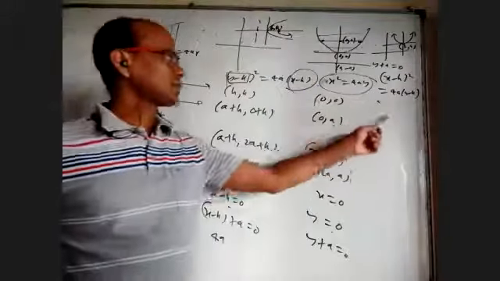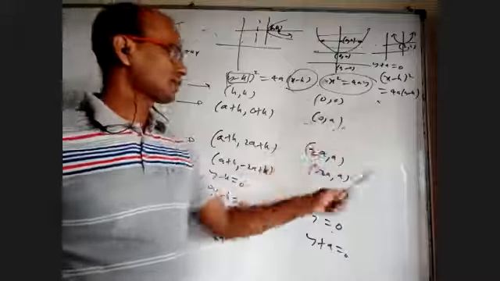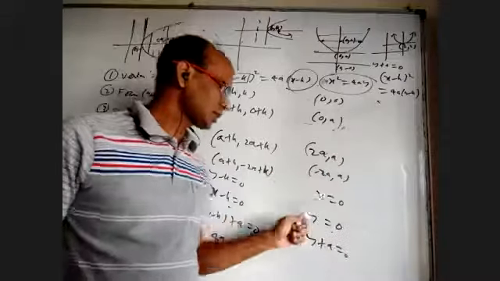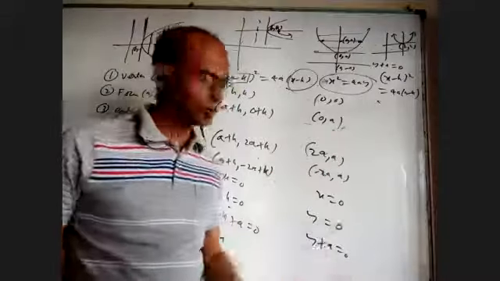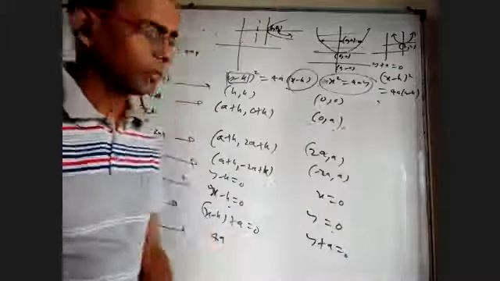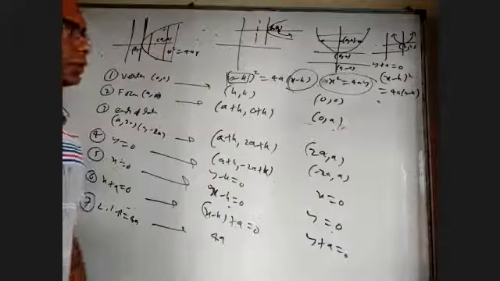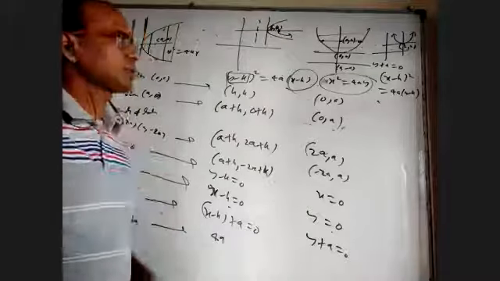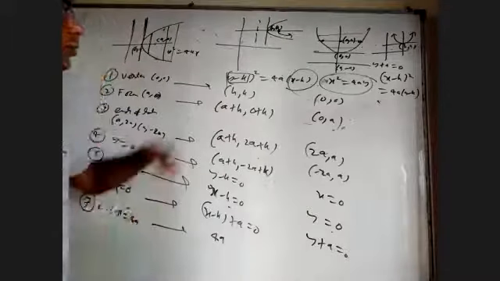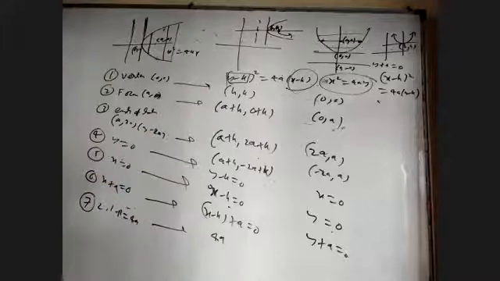Then this will become h comma k. This will add h here, add k here. Here also add h, add k. This is x minus h equal to 0, y minus k equal to 0. This is y minus k plus a equal to 0. Anyway, in our mains material, the first page, all these 4 columns will be there. All the formulas will be there. But I'm just reminding you of all those things.